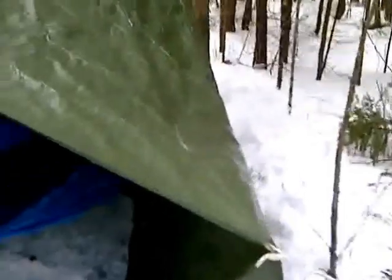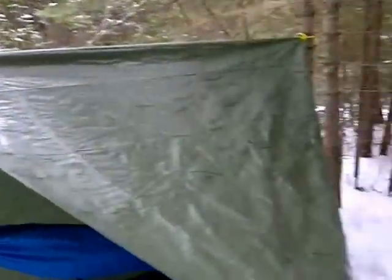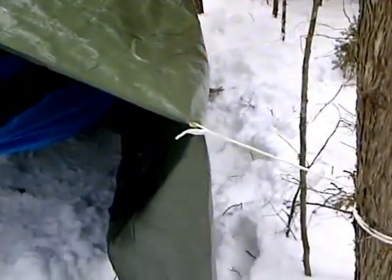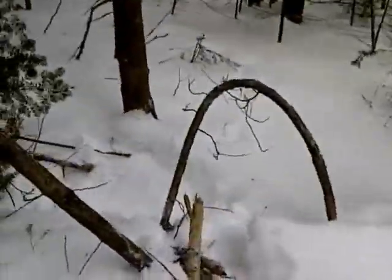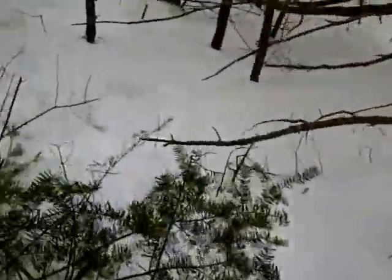I've got the other end all clipped off. I'll show you, this goes like this. I have it on one grommet right here. I have it tied off. And then up top I have it tied up by the ridge line. And on the ridge line up top here I've got it tied. And then on this end